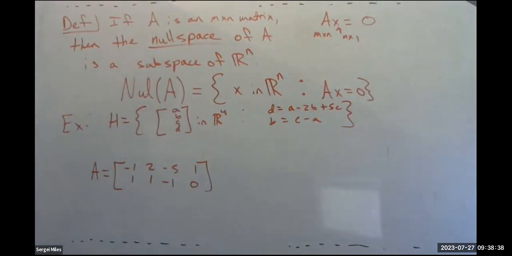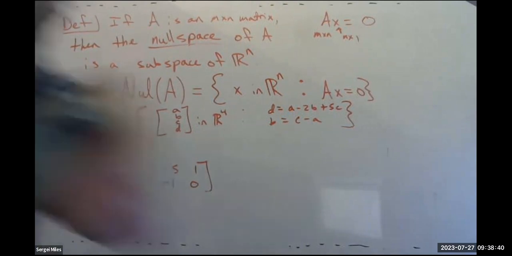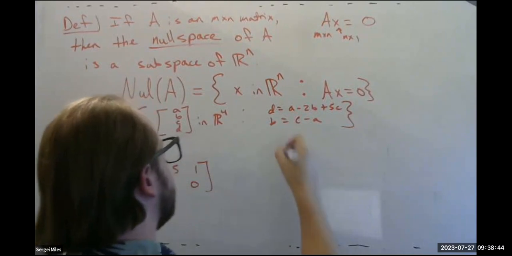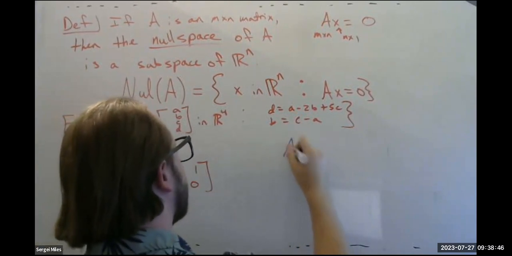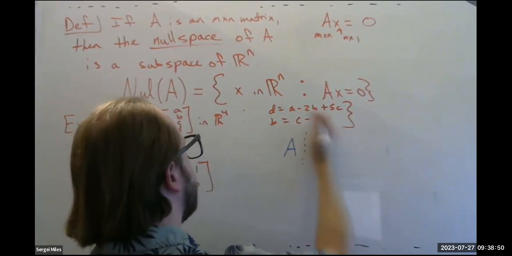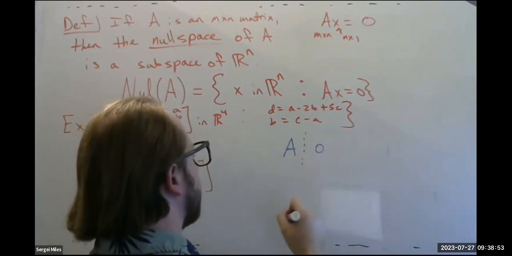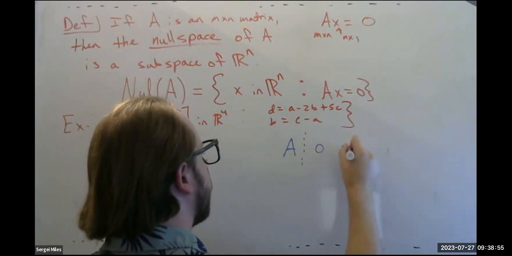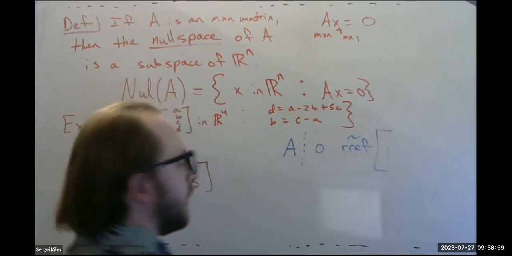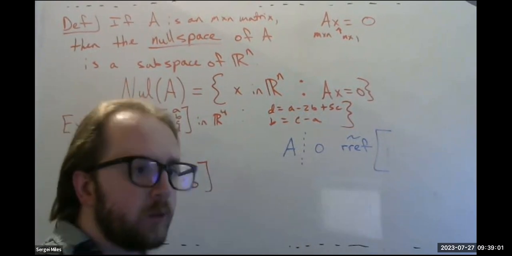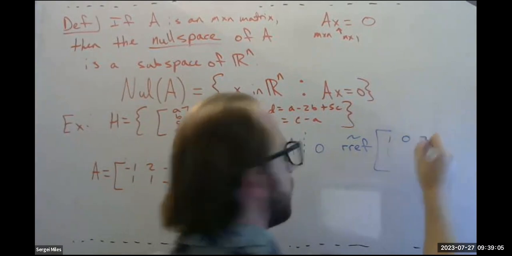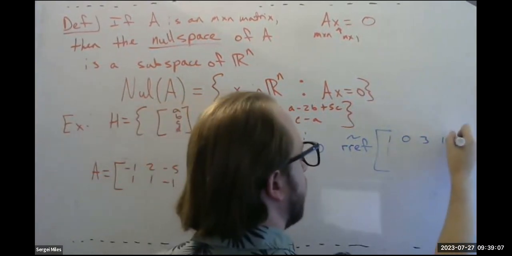So we're going to row reduce the augmented matrix. For the sake of space, I'm just going to write out A, augmented with B, which is the 0 vector. And then again, for the sake of space and time, I'm just going to row reduce this with a calculator. And we're going to get a row reduced form of 1, 0, 3, 1, 0,